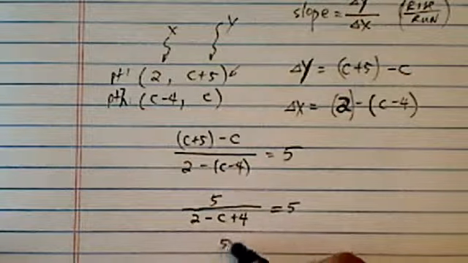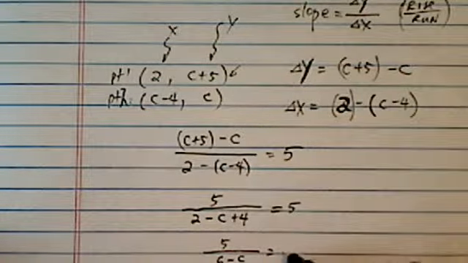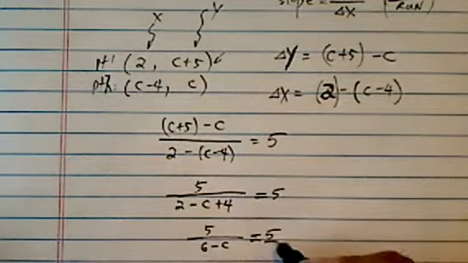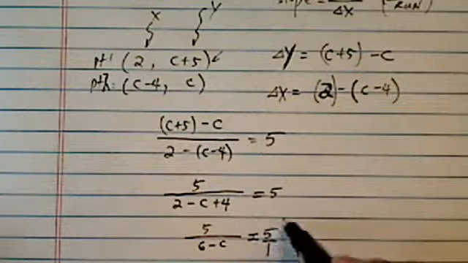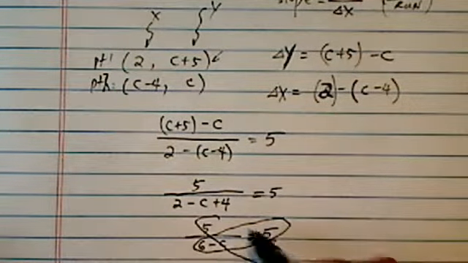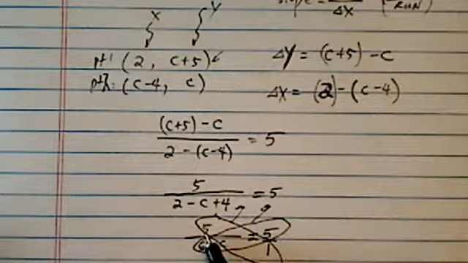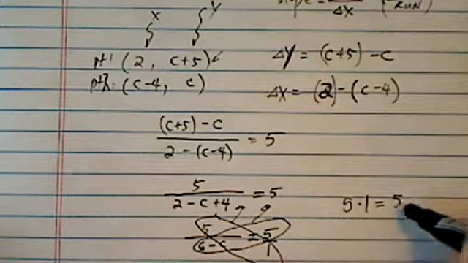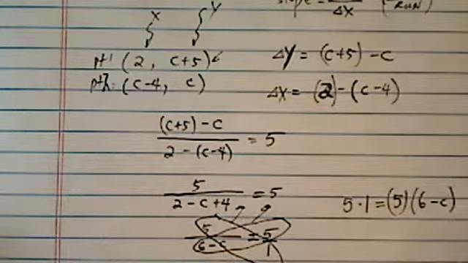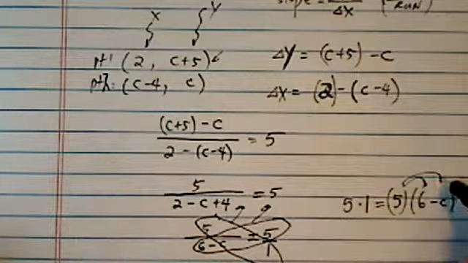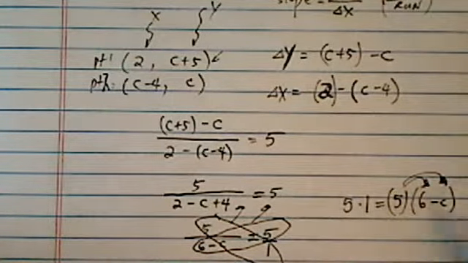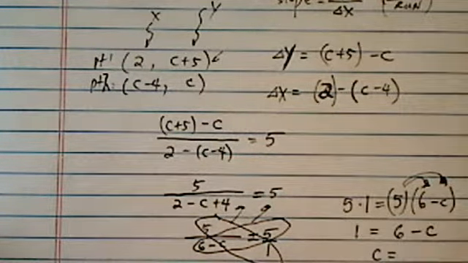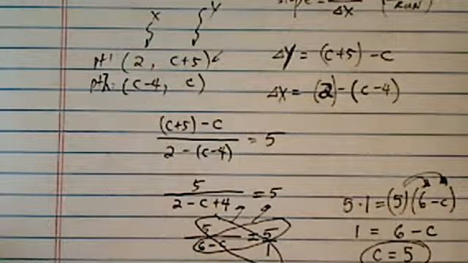So let's solve it. 5 over (6 minus c) is equal to 5. Oh, I hate those fractional equations. Over the years, I teach my students, get out of it as quick as you can, like a butterfly. The way the butterfly works is you cross multiply, which is 5 times 1 equals 5 times (6 minus c). Now, if you want to distribute it here, that's fine. But you know what? I'm lazy, so I'm going to divide by 5 first. I have 1 equal to 6 minus c. Hey, I cheated the system. c equals 5.